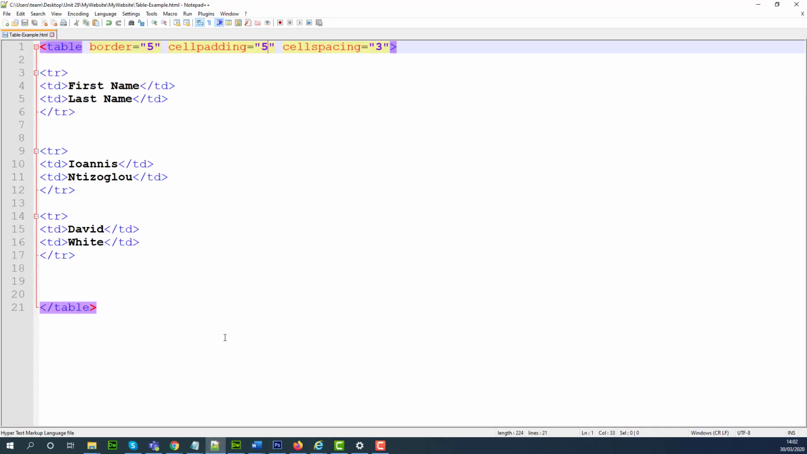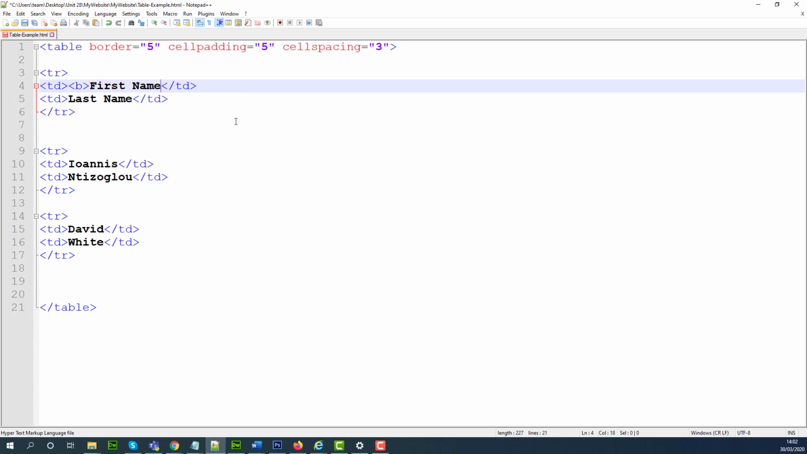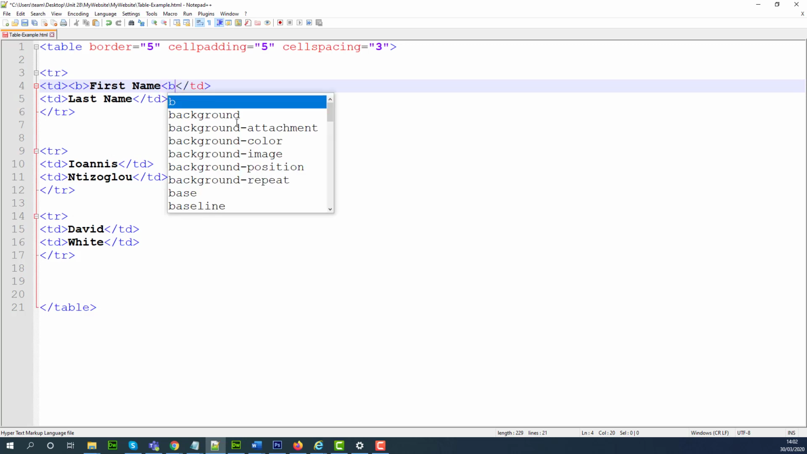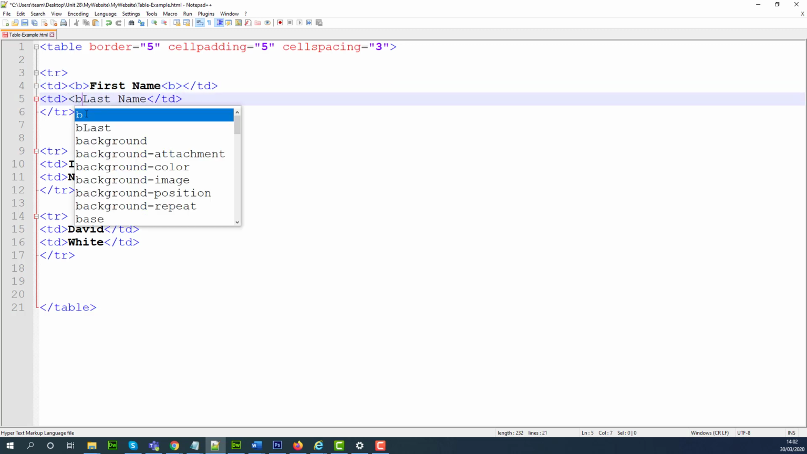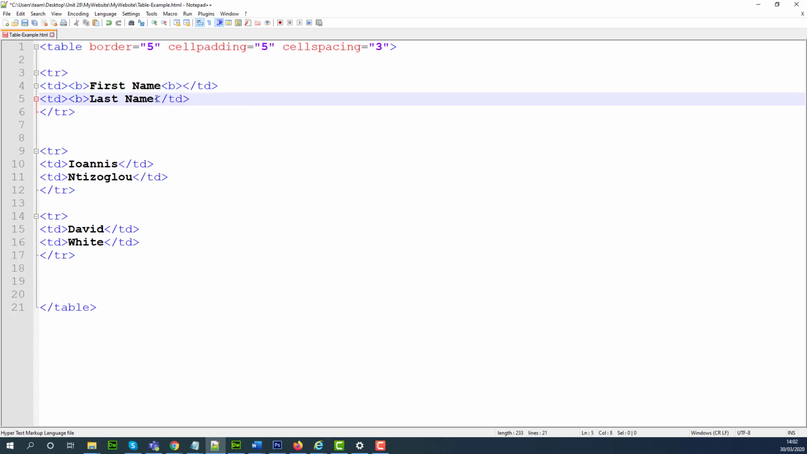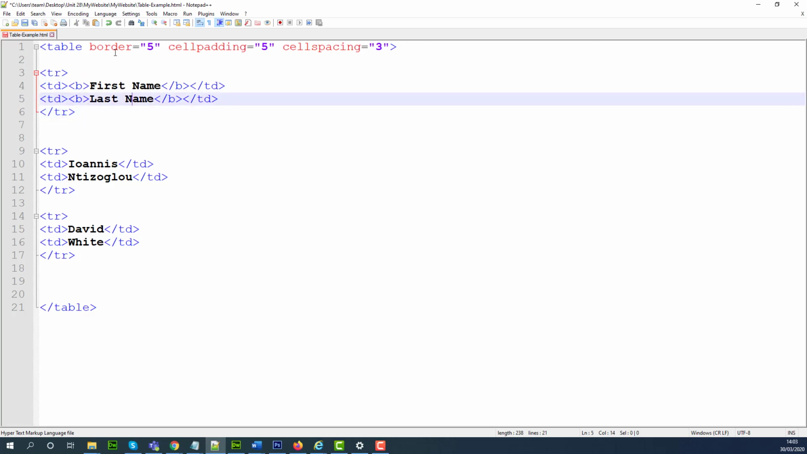To make this bold, we need to go just before the first name and create a B tag. A B tag will basically make the text bold. There are multiple ways to do it, so that's one way. Another way is by putting CSS, a cascading style sheet. So that's the B tags. Because the text is within the B tag, this text will be bold now. So if we check it,